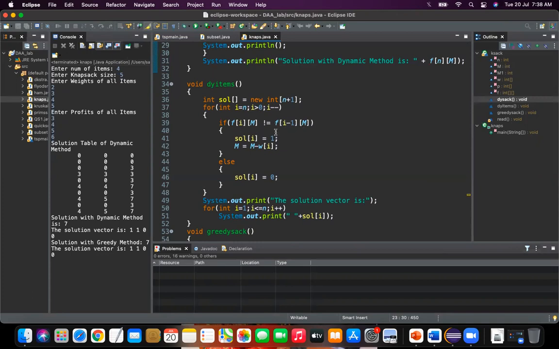If they are equal, it will go to the next two items. It will keep comparing until these two items are not equal. If they are not equal, the solution at whichever place you get that inequality is set to 1.